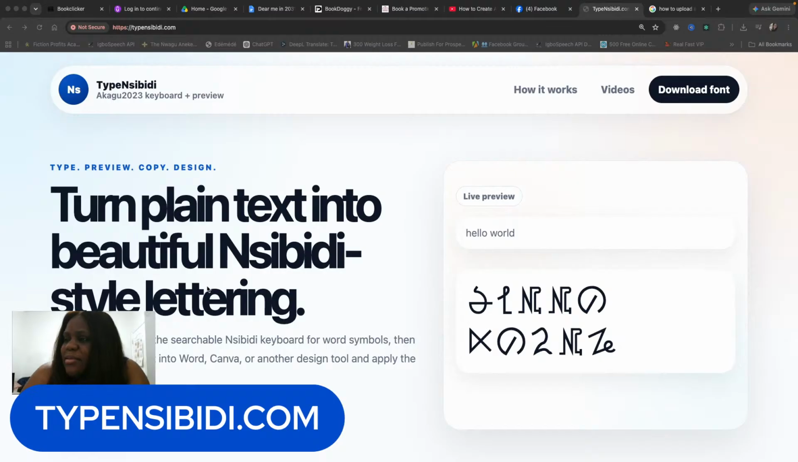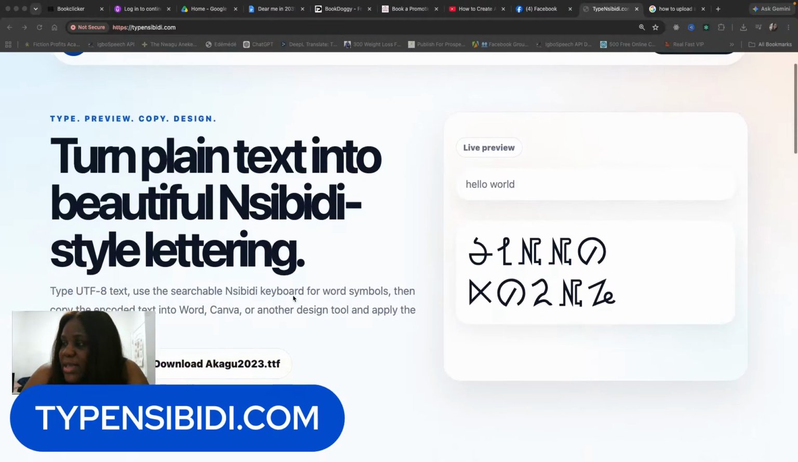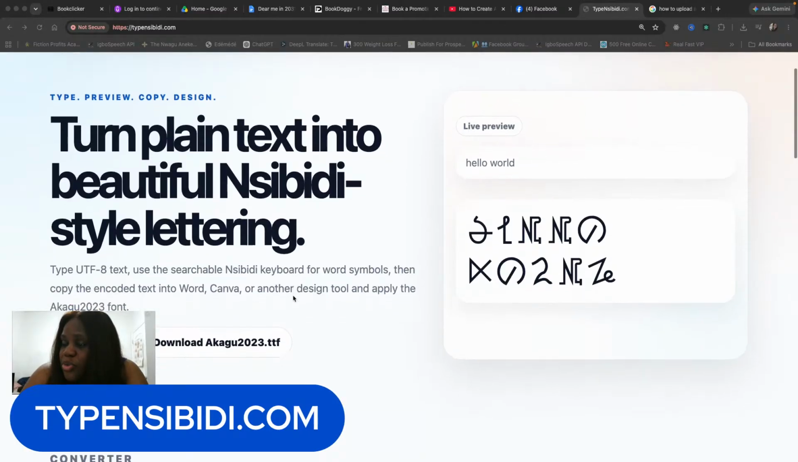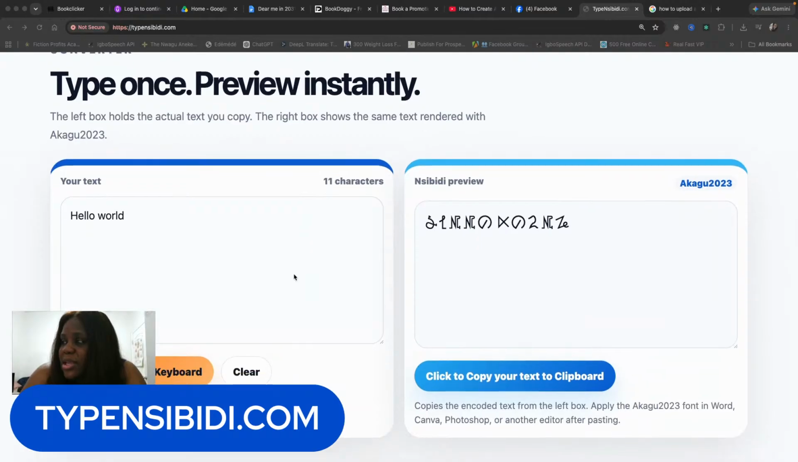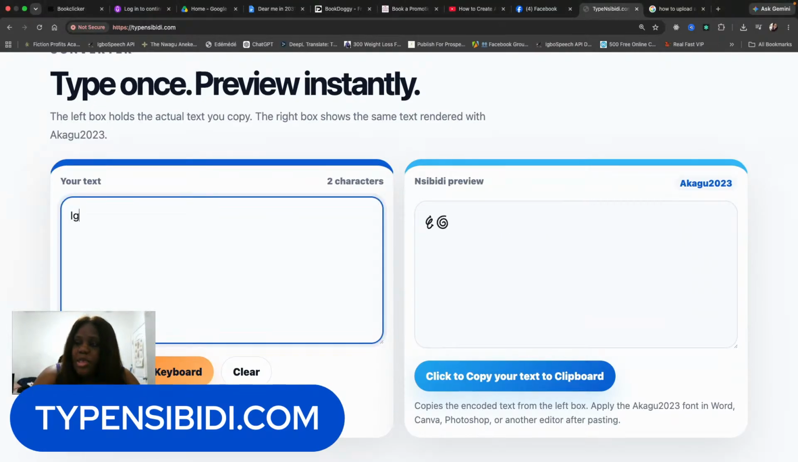But basically, typeinsibidi.com is a place where you can type Nsibidi text, using the symbols for Nsibidi and Akago. As you can see here, hello world is typed in both Nsibidi and Akago. You can type anything here. You can type Igbo Kwenu, and it will convert the text directly to Nsibidi. It even converts something else, I can't remember what it's called, but